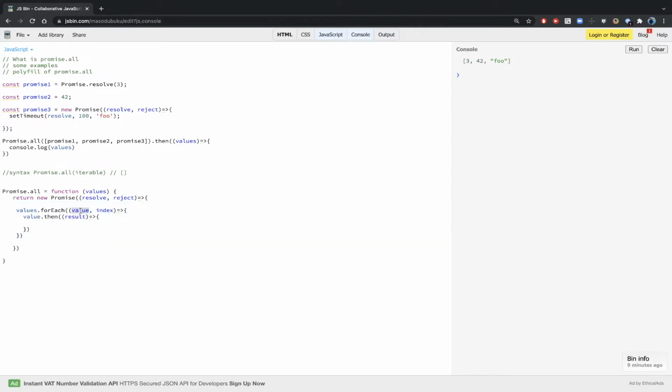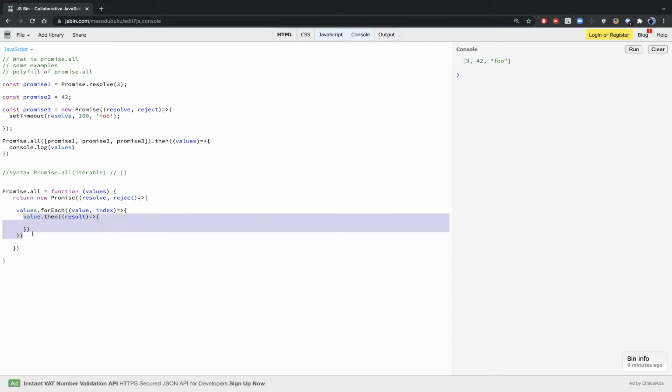We take out the first value, we try to resolve it, then we take out the second value and try to resolve that as well, but we never know whether the first one is going to complete first or the second one. We can run through this loop and try to resolve through the then block, but we can only come inside here when that promise actually gets resolved.